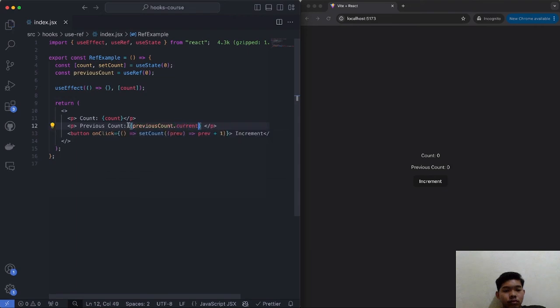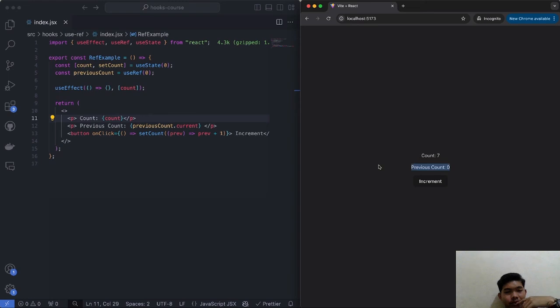Now you might think this is weird because previously the .current value had stuff to it. It wasn't a number or a string, but now it is a number because we set it to be. We didn't pass this as a reference to a DOM element. We're using it as an actual variable. Now, when I click increment, you'll see that the count goes up, but the previous count doesn't because we're not